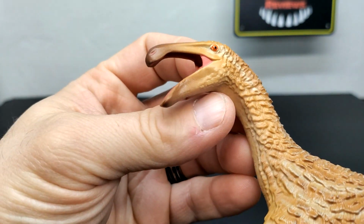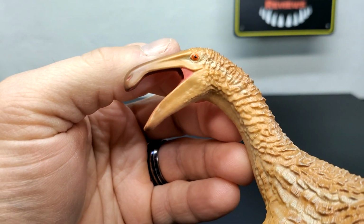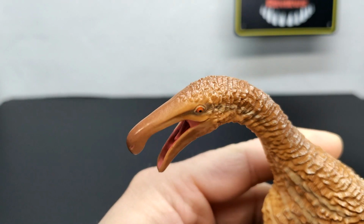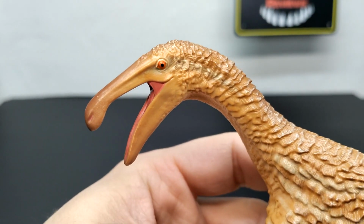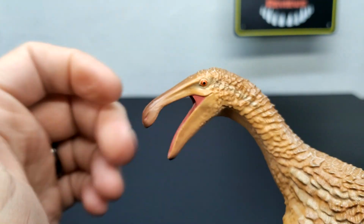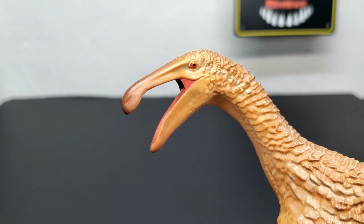As you start to see some feathers picking up here on the lower jaw, you can see we kind of ease into the feathering of our dinosaur, but once it starts to pick up, it picks up in a big way. You can see again it starts out pretty small, but of course increases in size as we continue to move down through the body. We do have a slightly darker shade of brown moving along the back, lighter shade of brown moving down here along the side of the dinosaur, and there's also a